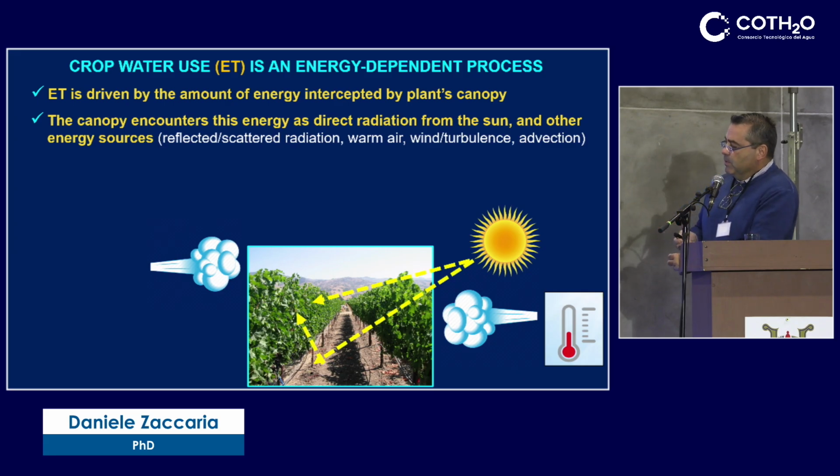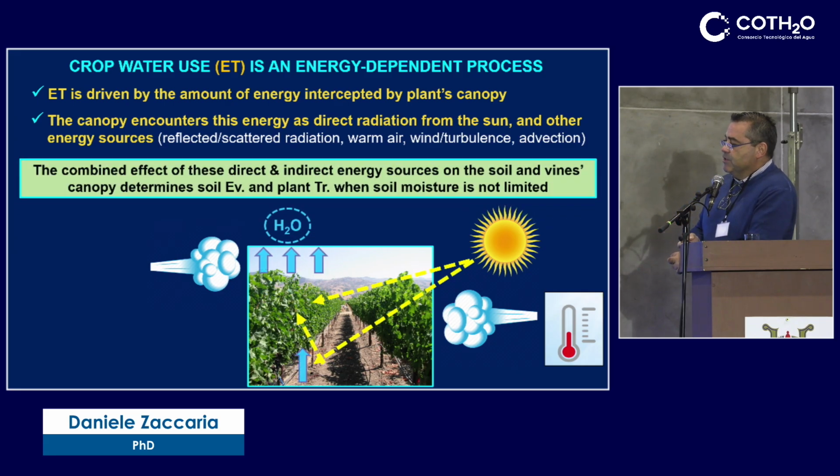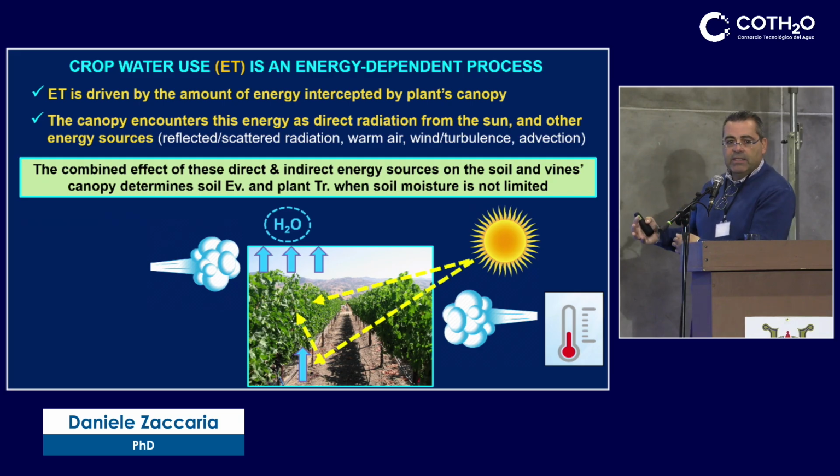So there are multiple sources of energy, and the combined effect of these direct and indirect sources basically regulates the amount of water that evaporates from the soil and the amount of water that transpires from the plant tissues, okay? So we call this evapotranspiration because it's a combined process of soil evaporation and plant transpiration